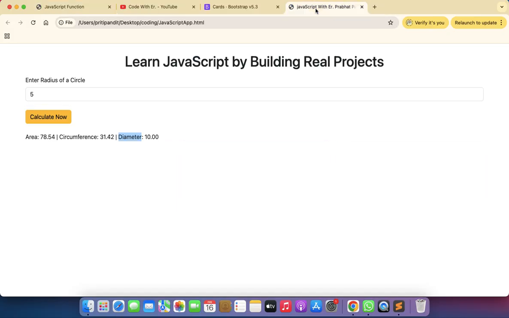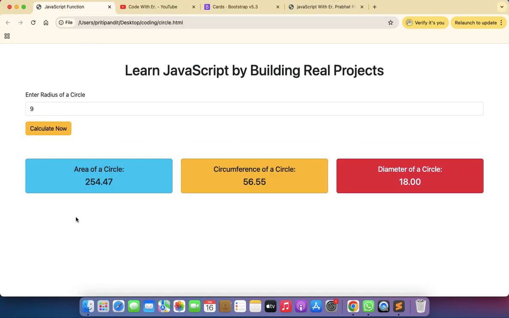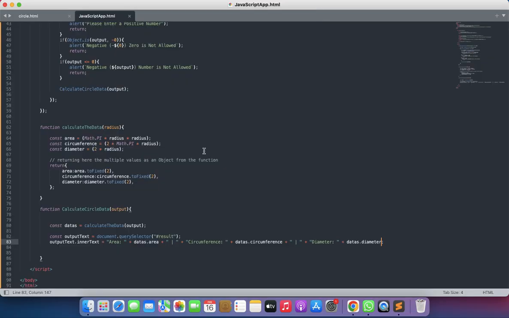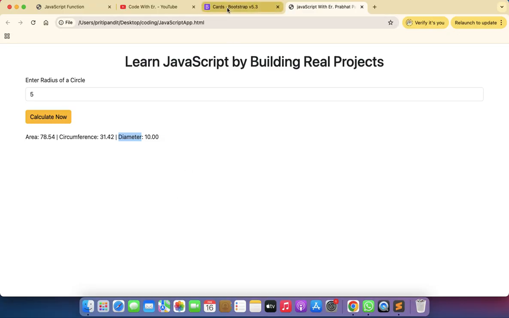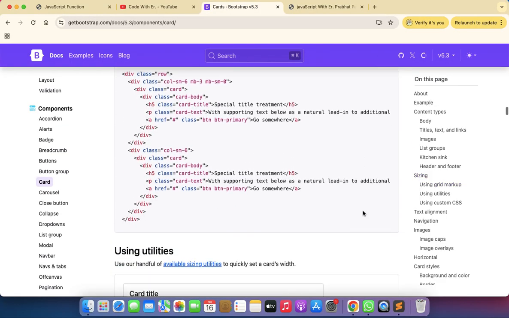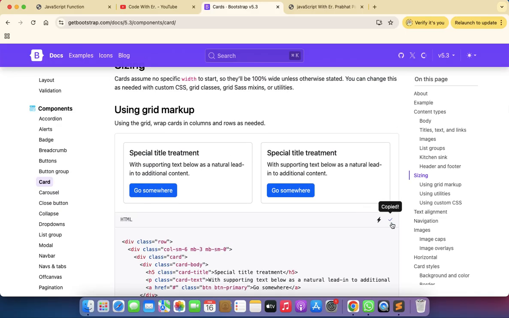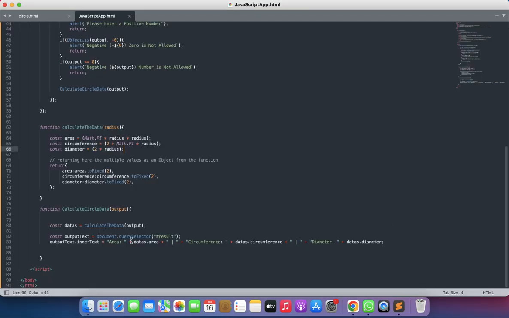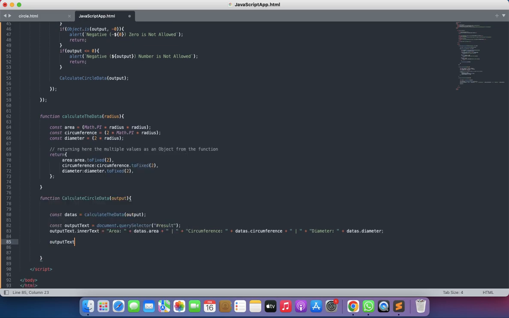Okay, so come to the code now. I'm going to create these cards now, and I'm going to put the animation as well. So now come here. Guys, just to save a little bit of time, I'll go to the Bootstrap site from here, and I'll just copy this code from here, and now instead of this, let's say here the output text